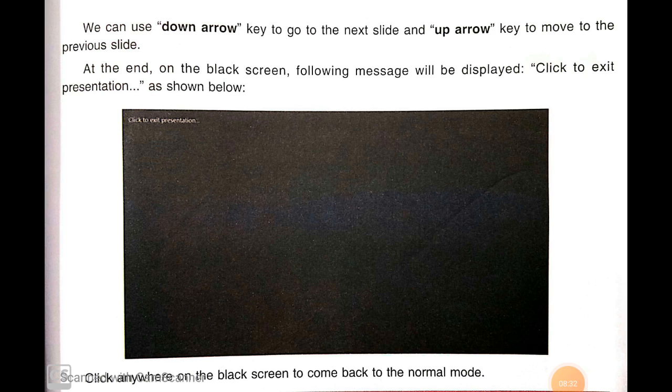Students, if you have a computer or laptop at your home, try out these options.